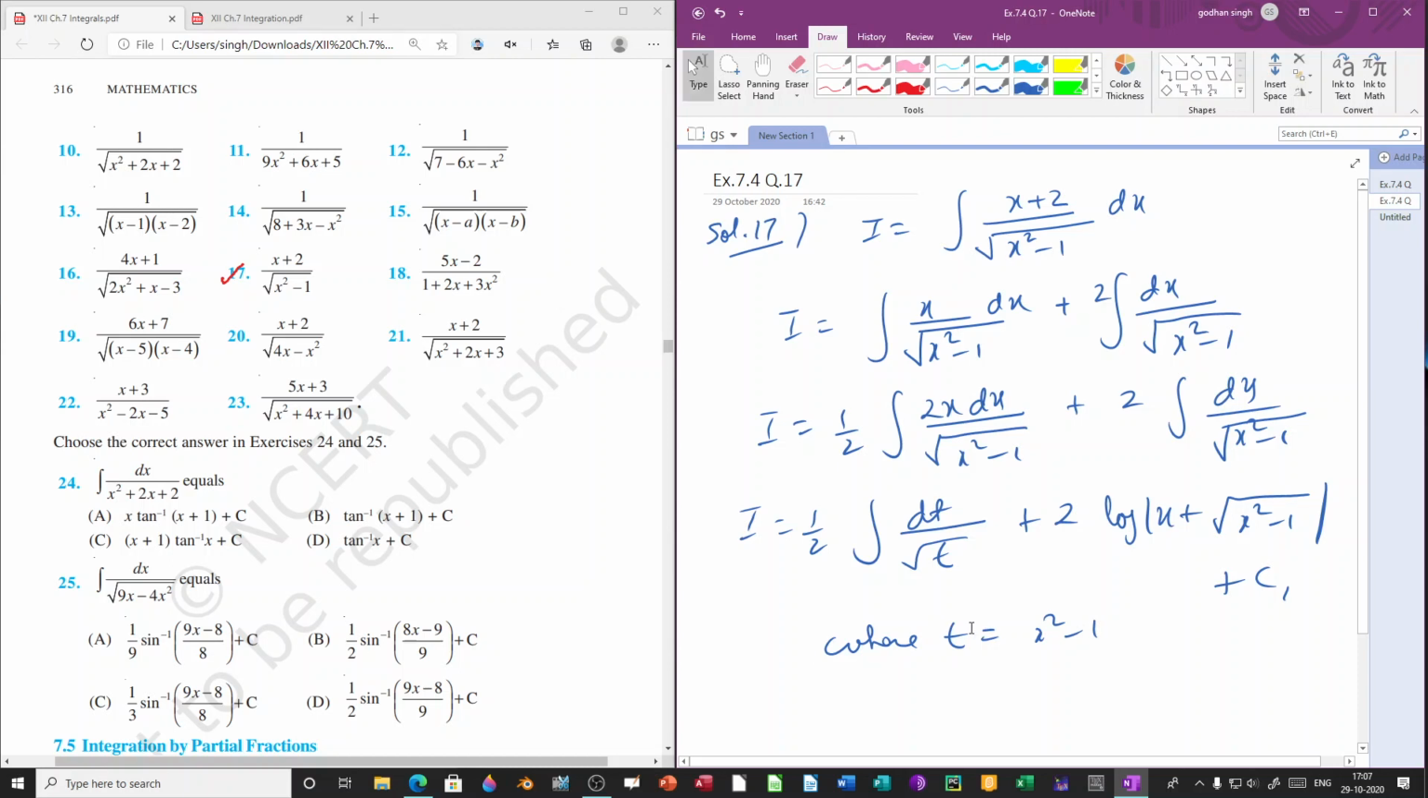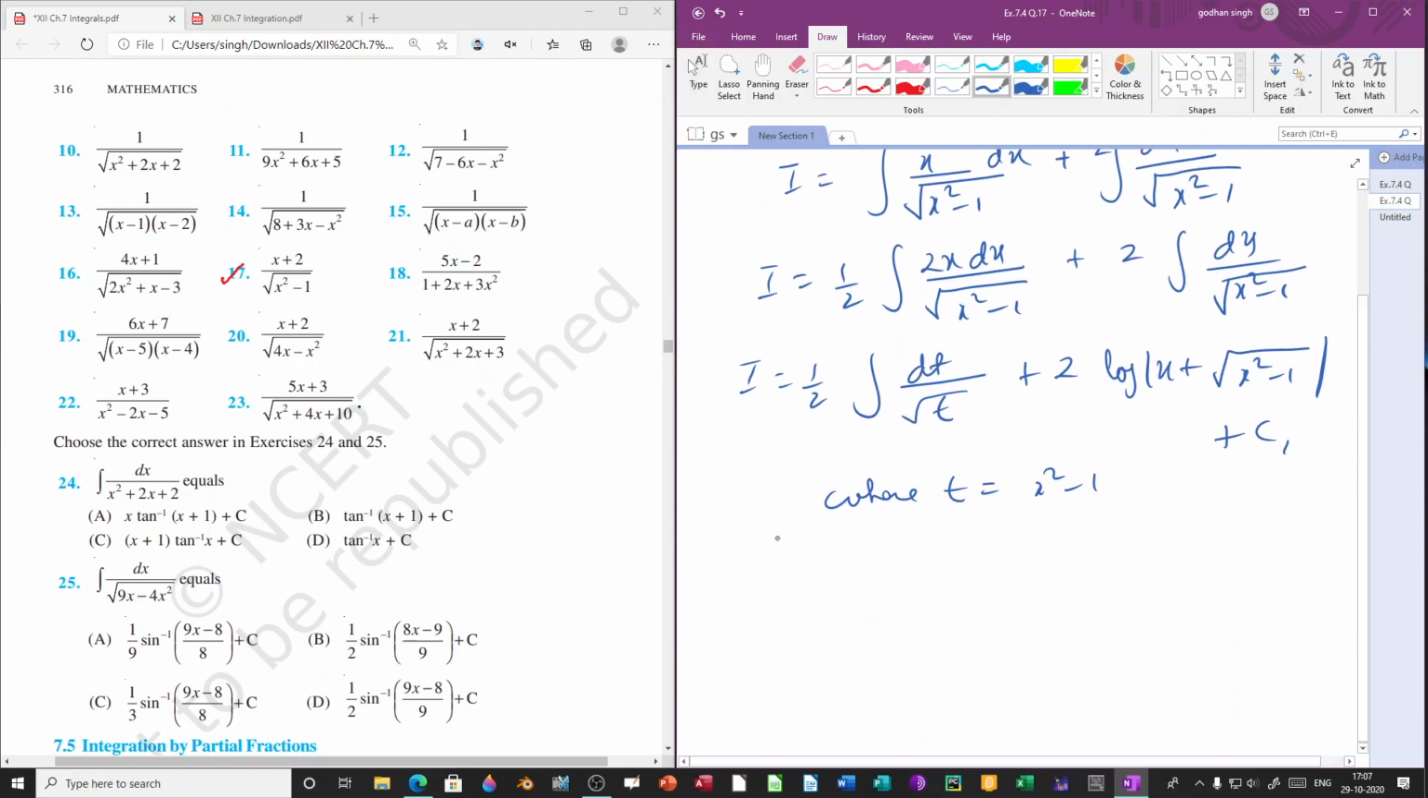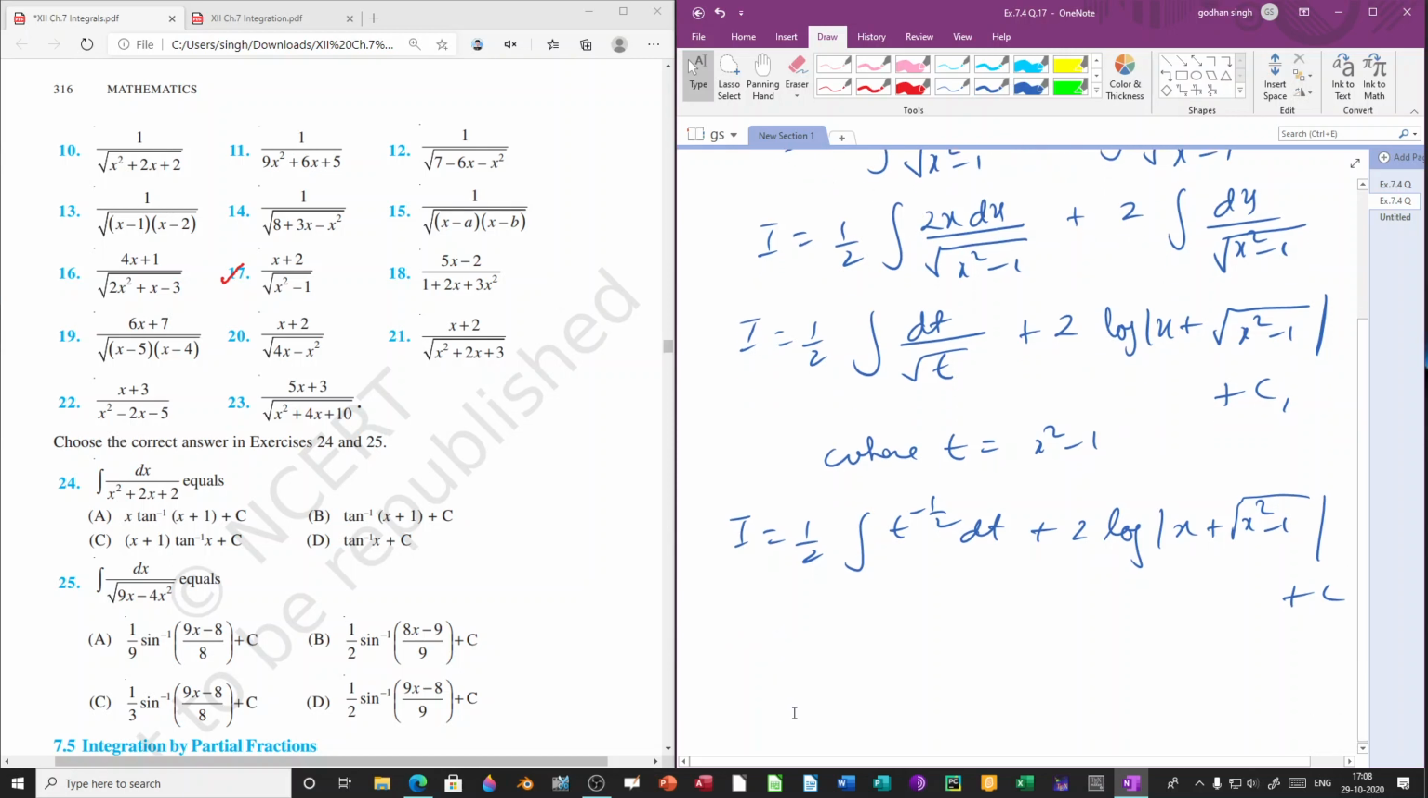So now let us solve the first part. The first part we can rewrite as I equal to half integration of t raised to minus 1 by 2 dt plus 2 log modulus of x plus square root of x square minus 1 plus c. Now this is standard form, so we will be using the formula of x raised to n dx. So I equal to half